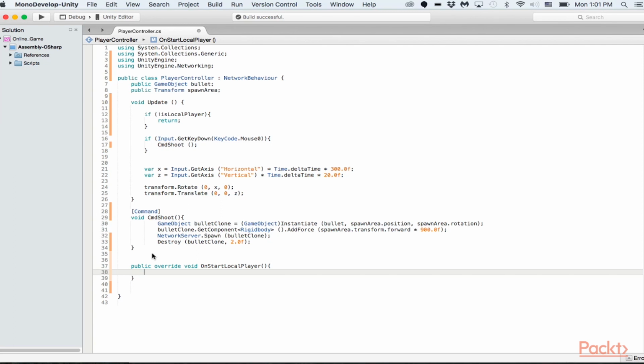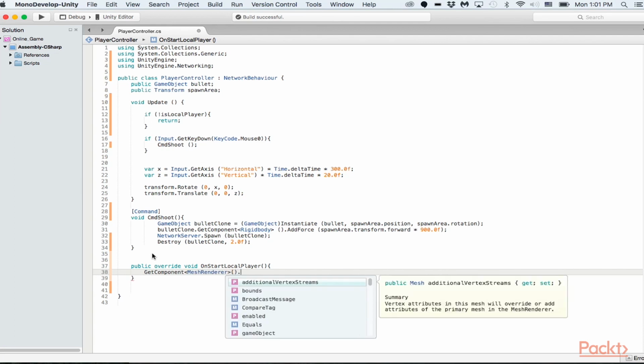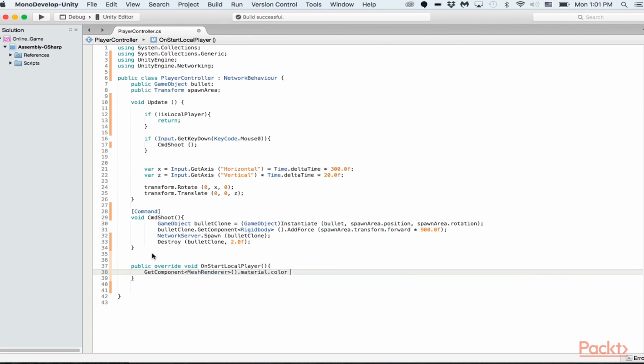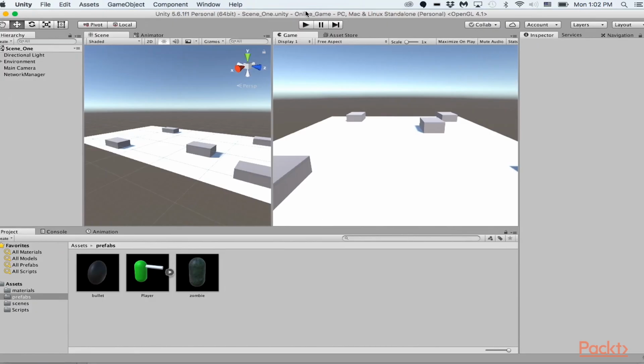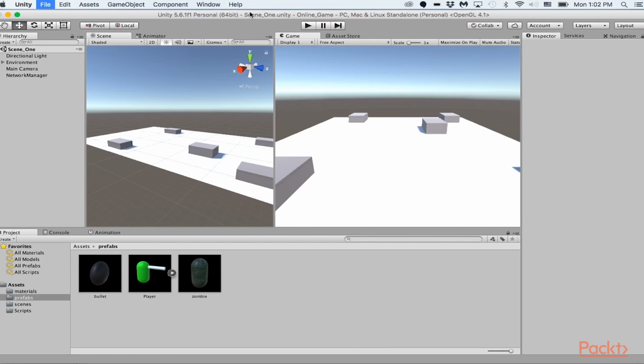What we want to do is get the component MeshRenderer, and we're going to set the color of the local player, meaning the player you connected with, to blue. So now we're going to set material.color equals Color.blue. Now when you connect, and I know that the game is still technically not perfect right now, be sure that you build it out